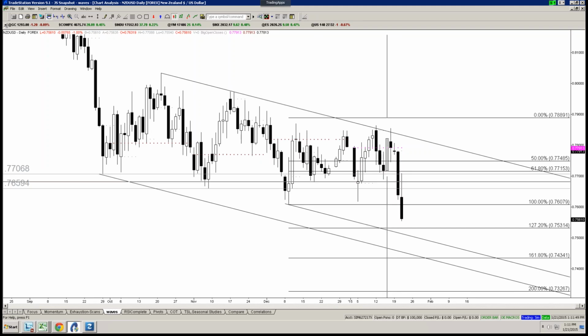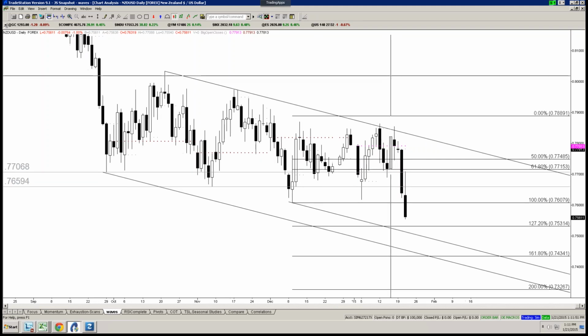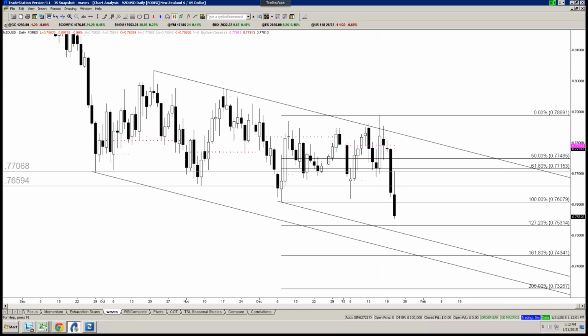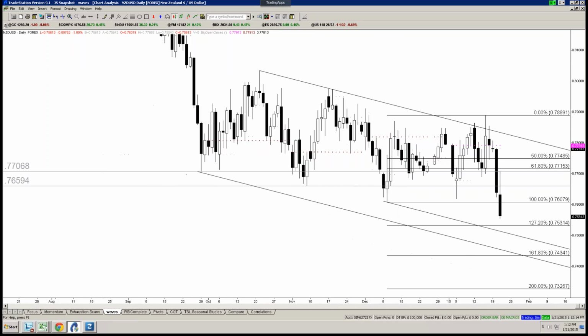This thing was kind of BS in my mind because obviously that was after the SNB, and one has to wonder. We saw a lot of fake outs right there with the Aussie and the Kiwi ripping up towards the highs and reversing very quickly. One has to wonder if the SNB obviously created some margin calls with what they did in accounts and ended up scaring people out of positions that were all good and well.